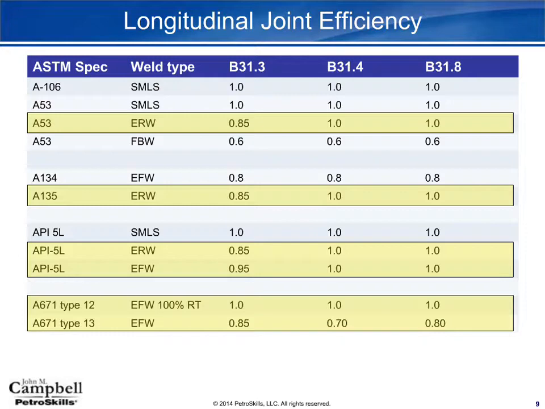You can see that if you use A53 grade B ERW, B31.3 sees a 0.85 joint efficiency, whereas B31.4 and 8 see a 1.0 joint efficiency. And so the wall thickness is affected, and that is part of the reason that, if I just jump down to the calculation example that I did towards the end,